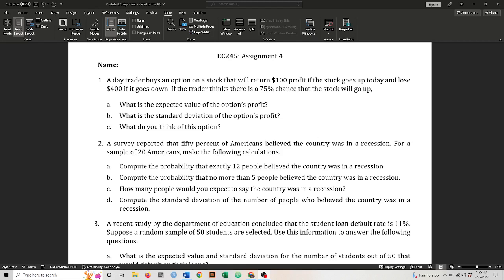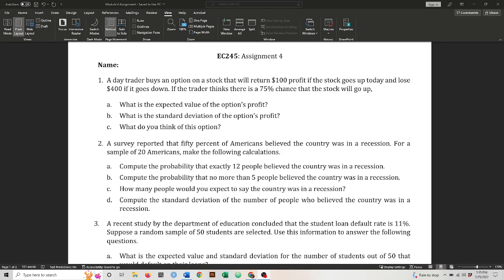Really, this assignment is going to be dependent on you getting the practice quiz and the templates worked out and filled out, because so much of this is just plugging into those templates. So if you're having trouble with that, let me know. Otherwise, if you can work through those templates and get them set up, I hope this is a pretty